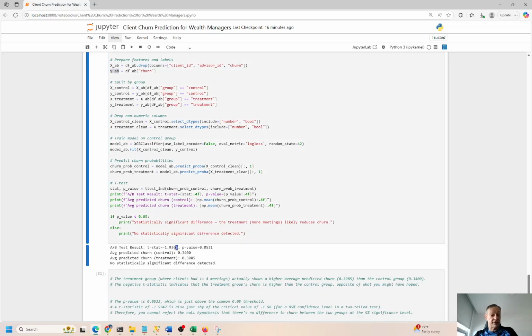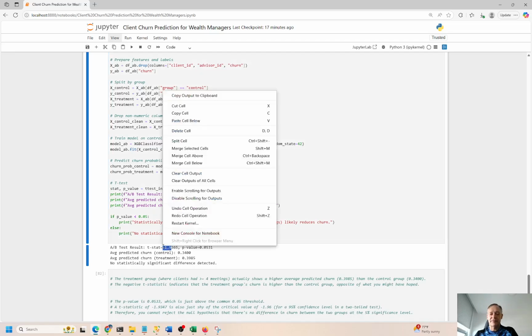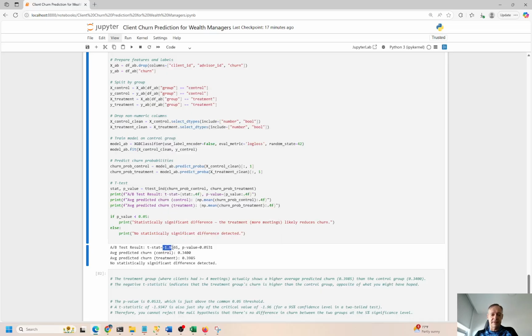So here's the outcome. So the T statistic is negative 1.93. We need positive 1.96 or negative 1.96 to be statistically significant. So it's close, but it's not significant, right? So we can't say that this is a non-null hypothesis. This could be the null hypothesis. Null meaning nothing, so there's no statistical event, although it is close. And the p-value has to be less than 0.05. So again, pretty close. If you have a lower p, it'll have a higher t, and it's going to be more statistically significant. Both of these are right at the cutoff, but not over the cutoff. So there's no statistical event here.